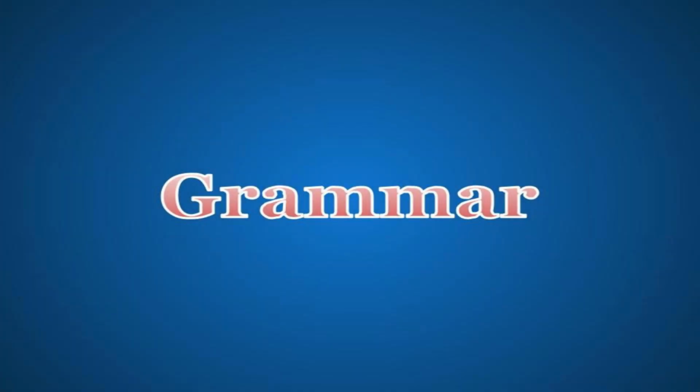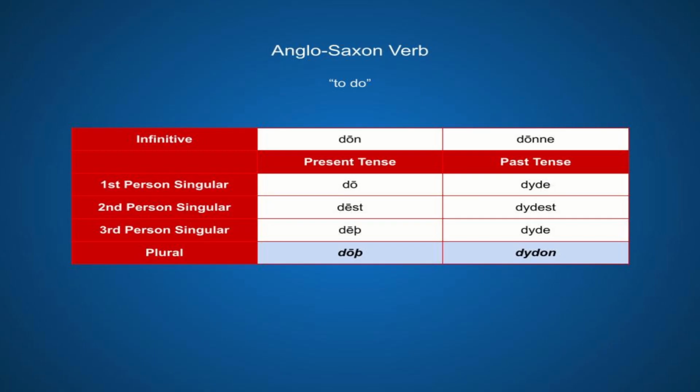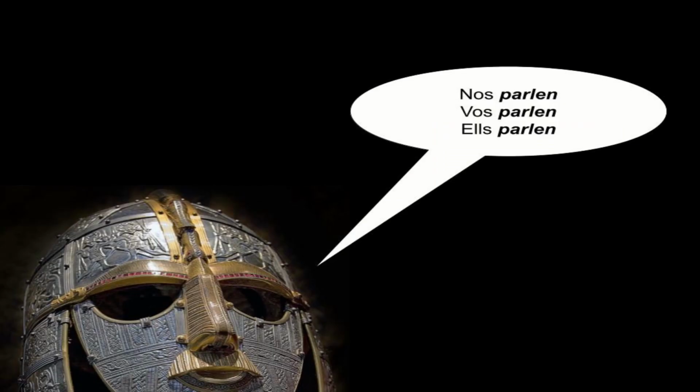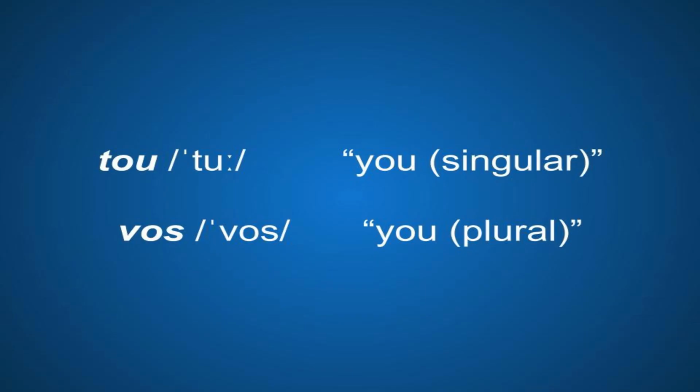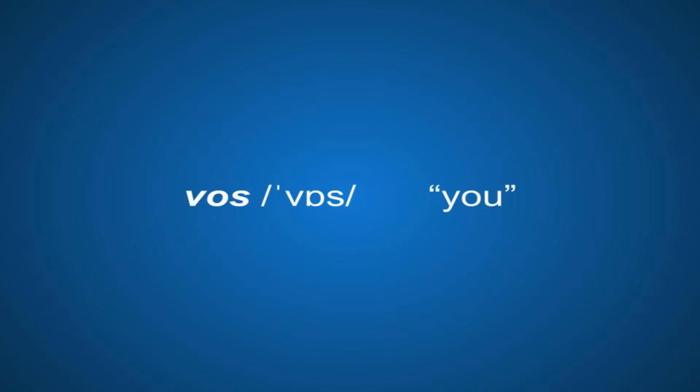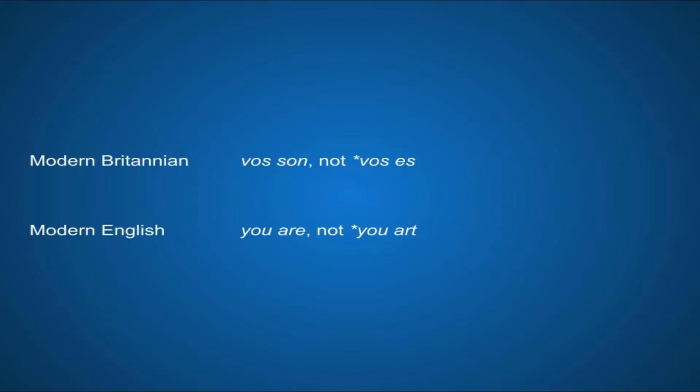In the original video, I said that most verbs only had one conjugation, but I never explained how I got there. In Old English, your average verb had 4 inflections in the present tense, one for the first person singular, one for the second person singular, one for the third person singular, and one for all plural subjects. When the Anglo-Saxons learned British Vulgar Latin, they started using the third person plural endings for all plural subjects. Then, when the second person plural vos displaces singular tu, it takes its conjugations with it, just like what happened with you and thou in English.